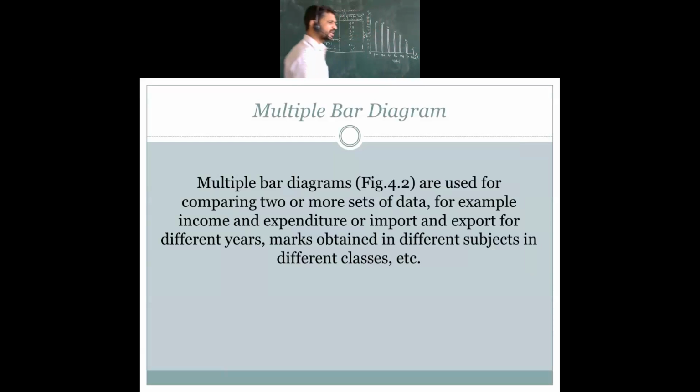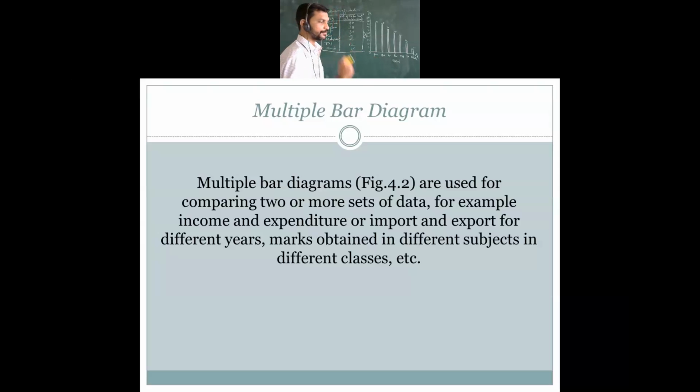Now, let's see the multiple bar diagram. What is this multiple bar diagram? Multiple bar diagram means, if you are taking the literacy rate, just like what we are discussing now, and taking that information for 2001 and 2011 in one same diagram, you go for double information. That we call a multiple bar diagram. So multiple means double information you are going to present in the bar diagram.